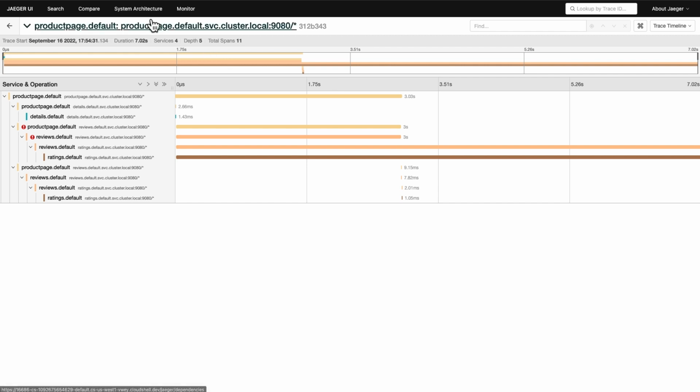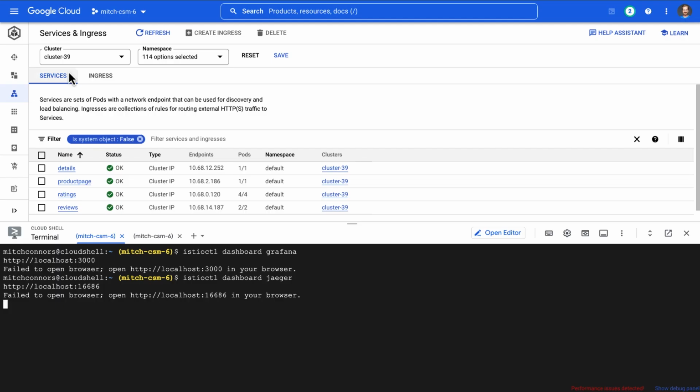Now let's talk about mitigation. What can Istio do to help us out with this? I don't know why my service is taking so long to respond, and I really don't have time to page one of the software engineers and get them in on the call. They're going to tell me that it's not actually taking a long time. So what I'm going to do instead is use the Istio API. I've read up a little bit on virtual services. Right now I don't have any. This will be my first virtual service here.